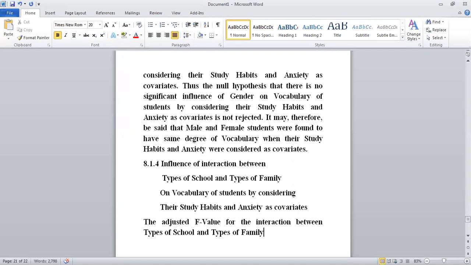The adjusted F value for the interaction between types of school and types of family is 1.03, which is not significant. The bracket, Table 8. It indicates that